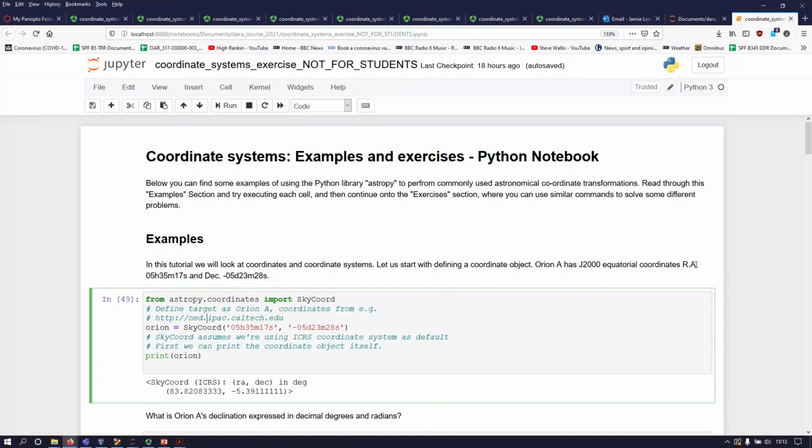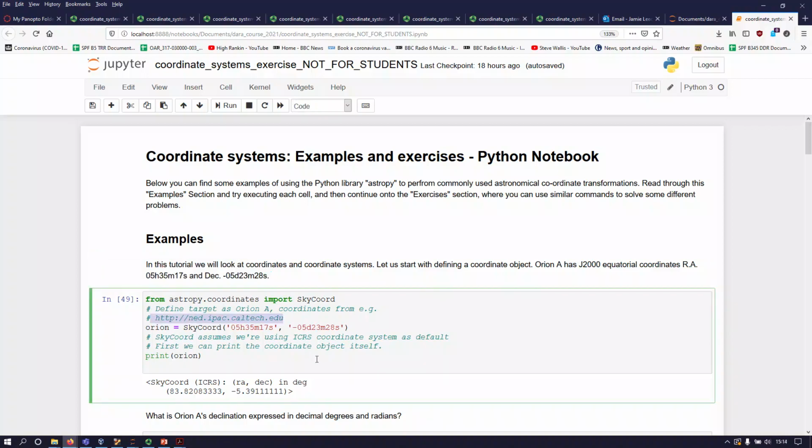The right ascension is 05h for hours, because again right ascension is measured in time weirdly, 35 minutes 17 seconds, and the declination is -5d for degrees, 23 minutes of arc, which I'll talk about in a minute, and 28 seconds of arc. So that's the coordinates of the object that you might be interested in. You can look that up